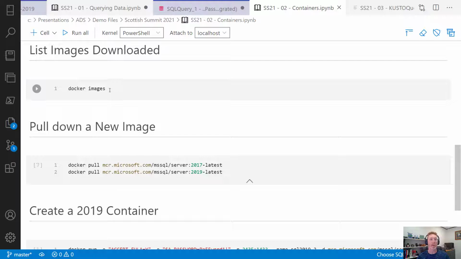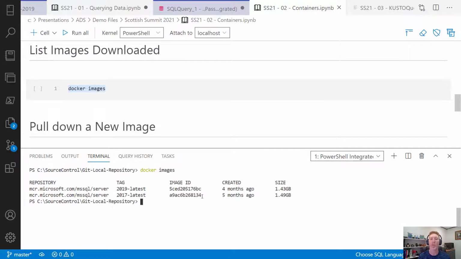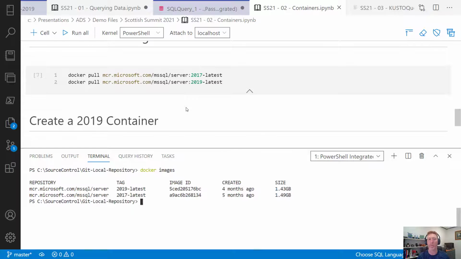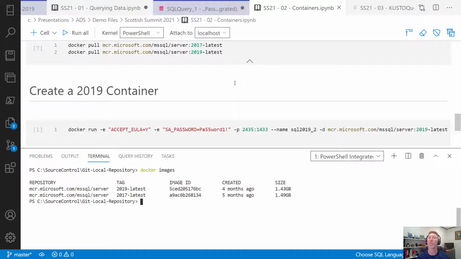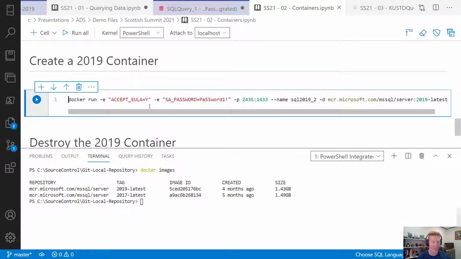But you can see we get a list of my images, and let's just go to the terminal window, and if we say docker images, then this will give me a list of the images that I've pre-downloaded. Okay, so we can see I've got 2019, 2017, and I'm able to then create an image. So very quickly, what would we look at doing? If there was a new image that I wanted, we could run a docker pull command. If I was wanting to create an image, let's just copy this,